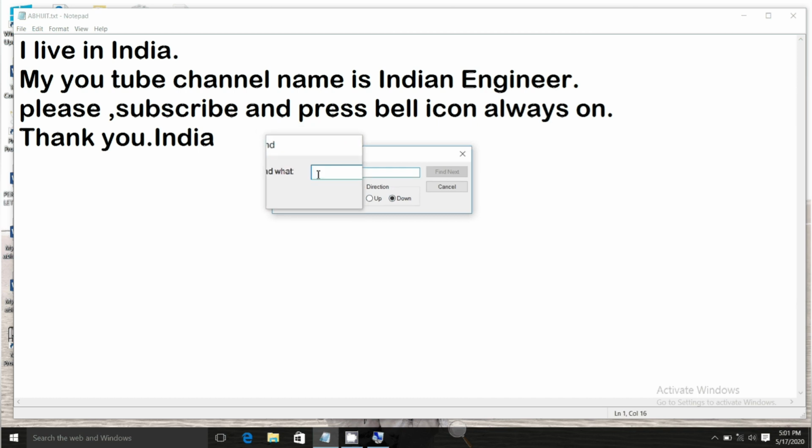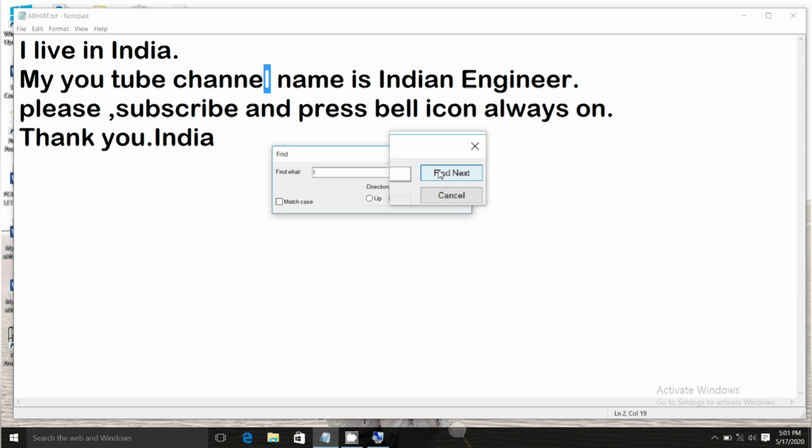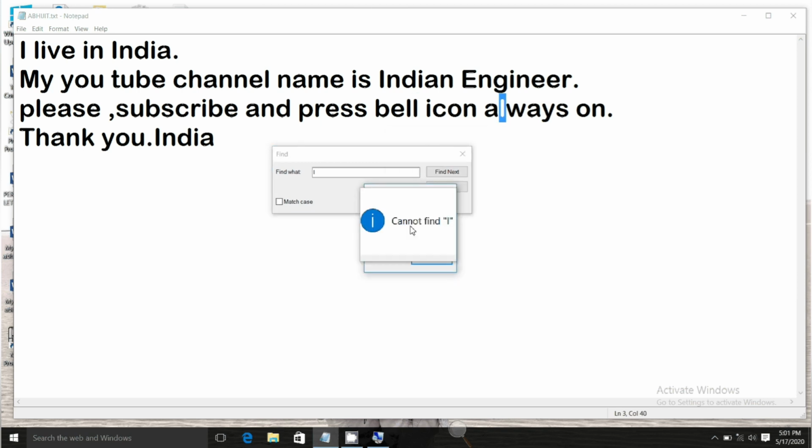If I type the letter L here, with match case not ticked and the direction downward, then after Find Next you can see that L is highlighted in each word, and finally, after the last word, there is no other L letter, so it shows the message "Cannot find L".